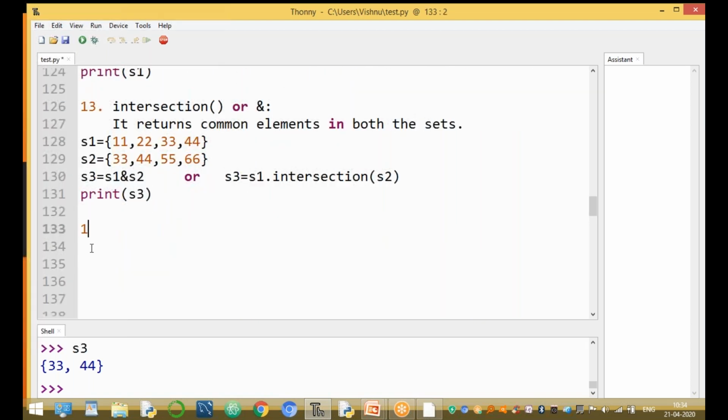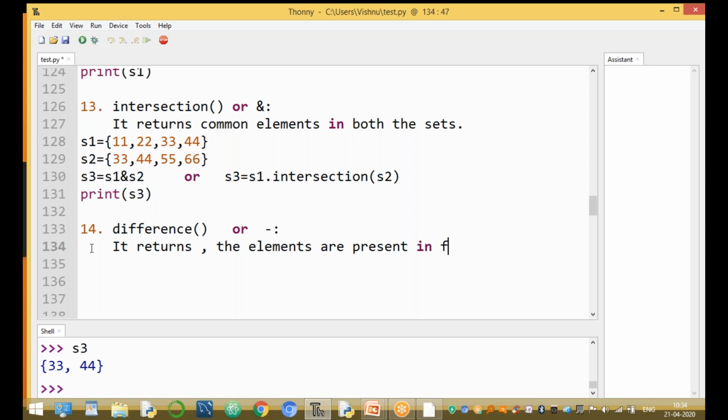The next function is the difference function, either the function or the minus symbol. It returns the elements that are present in the first set but not in the second set. What is the nature of the difference operation in sets?